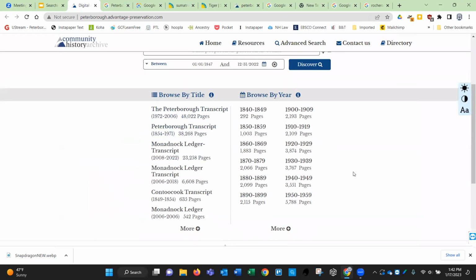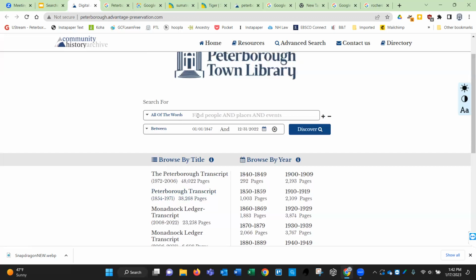I think the most recent newspaper we have available, and we're continuing to put online, is the Monadnock Ledger, which I think is actually later than 2006. We'll see if there's a swear word that shows up.